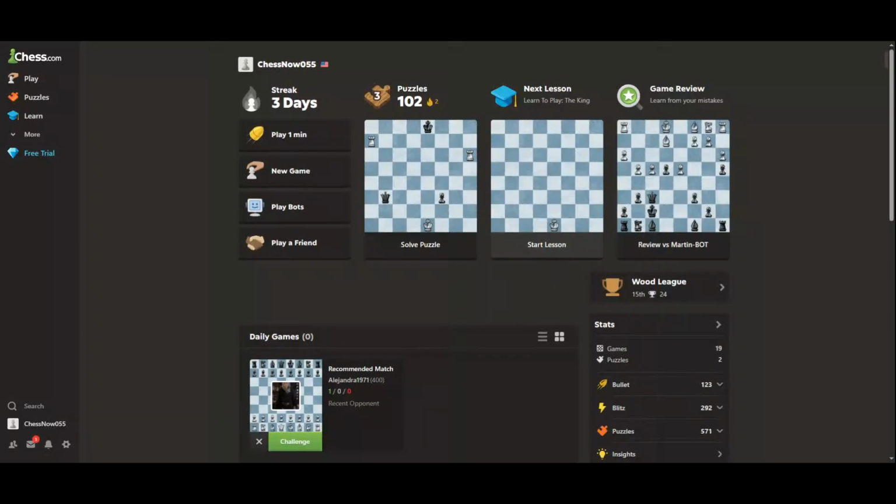In today's video, I'm going to show you exactly how to make different colored arrows in chess.com so you can analyze positions like a pro and clearly visualize your ideas on the board. Whether you're reviewing your own games, studying openings, or explaining moves to friends, using colored arrows can make a huge